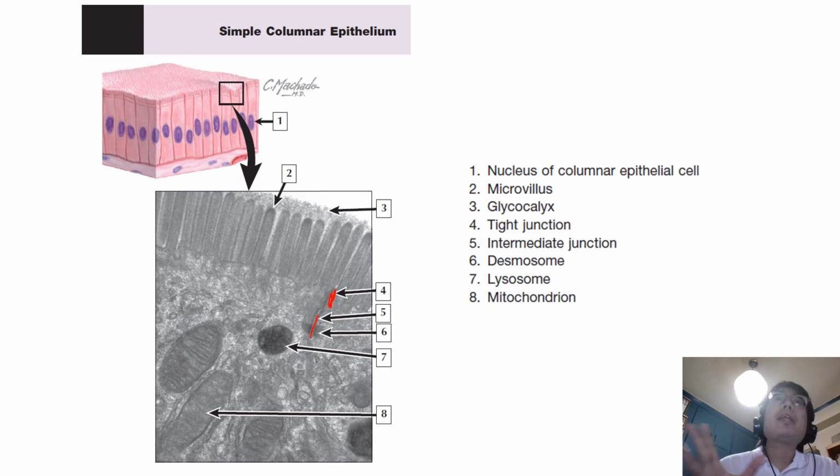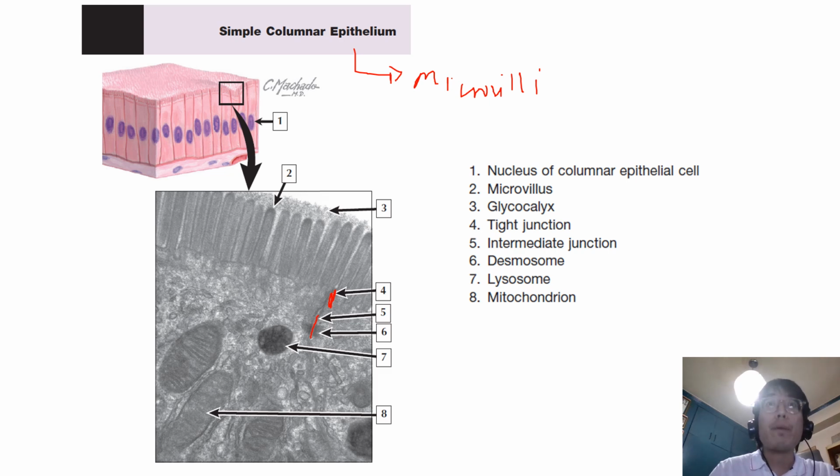Simple columnar epithelium consists of a single layer of cells that are taller than they are wide. To increase their surface area, the free surfaces of the cells often bear microvilli. Microvilli are thin, finger-like cellular projections, and when they are prominent, uniform in size, and tightly packed, they constitute a brush border.